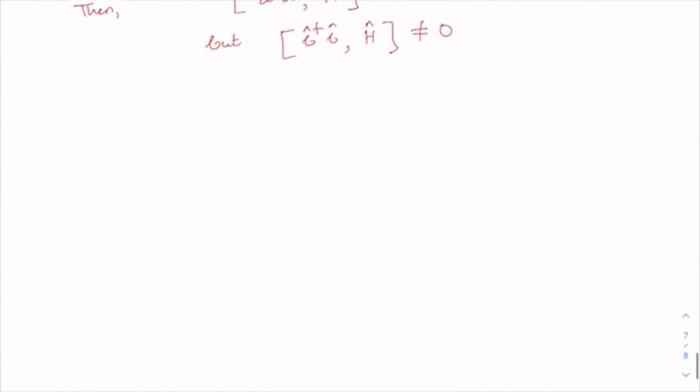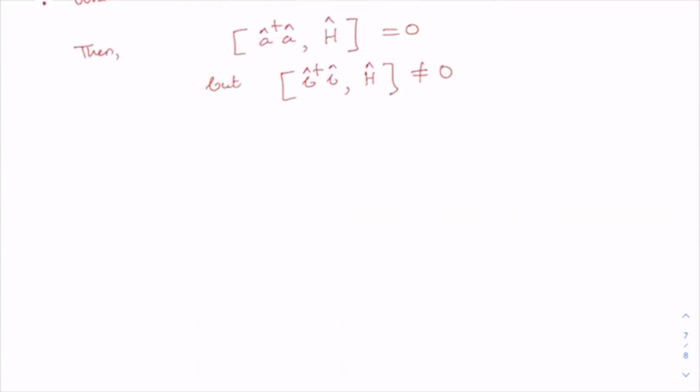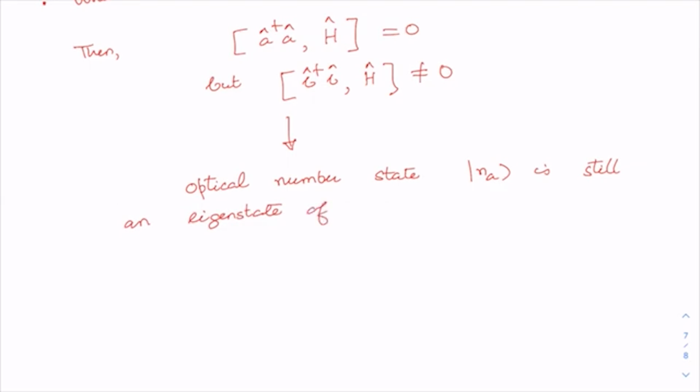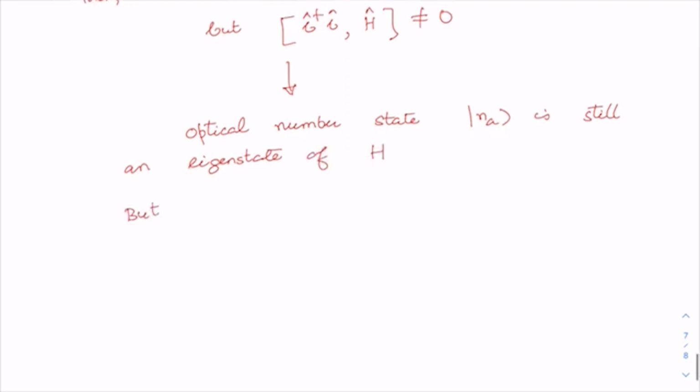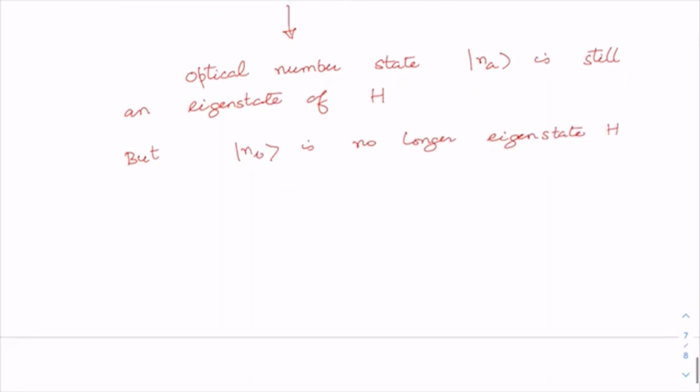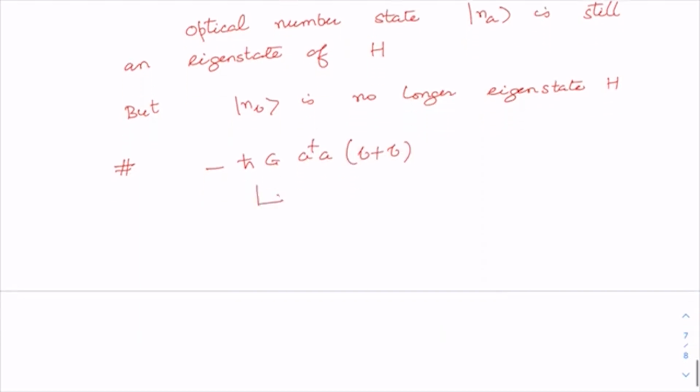Let me write here again the conclusion from these facts: the optical number state Na is still an eigenstate of the Hamiltonian, but Nb is no longer an eigenstate of H. But now we have this particular term, based on which we can conclude or assume that because this corresponds to displacement,